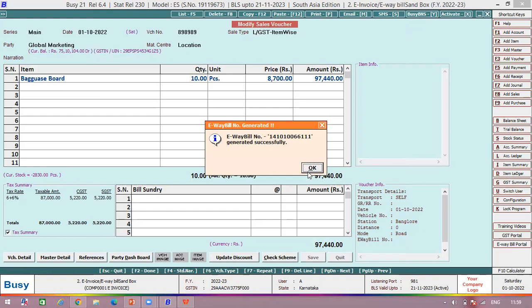So this is a 1-2 time case. Don't make it a regular basis. So this is not a rule. You have to maintain this, and